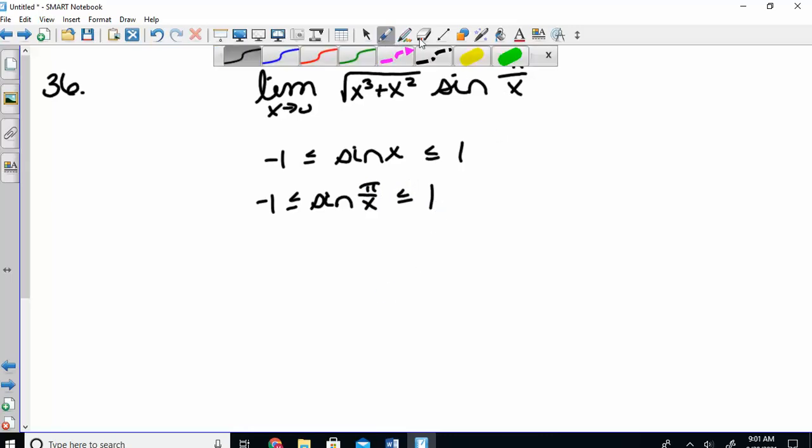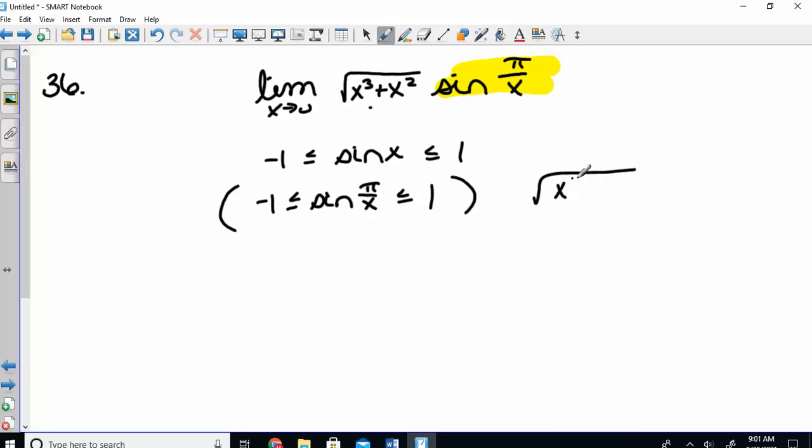We're trying to slowly build up to what's right here. I've got this much of it, so the next thing I need is this square root. So we're going to take everything times that square root. So I get a negative square root of x cubed plus x squared less than or equal to the square root